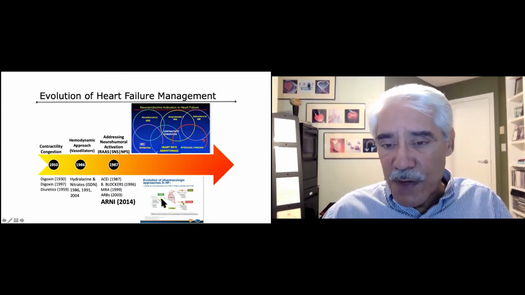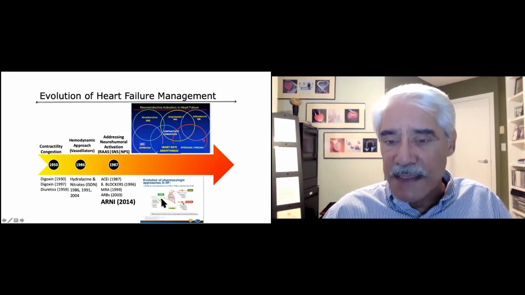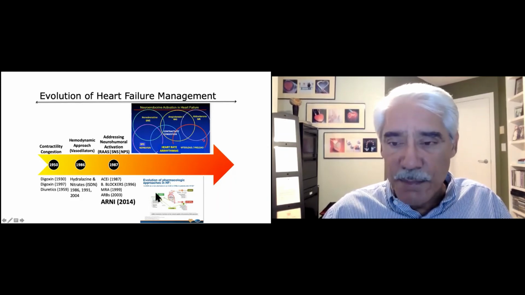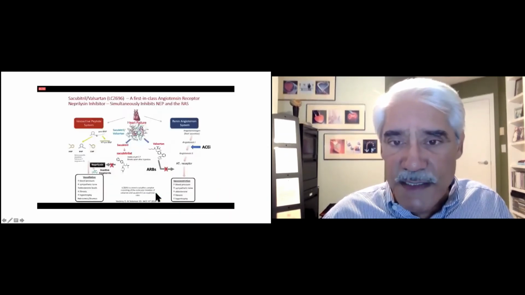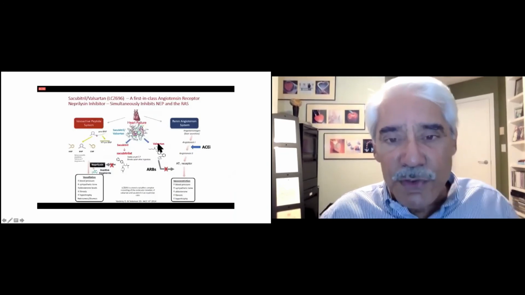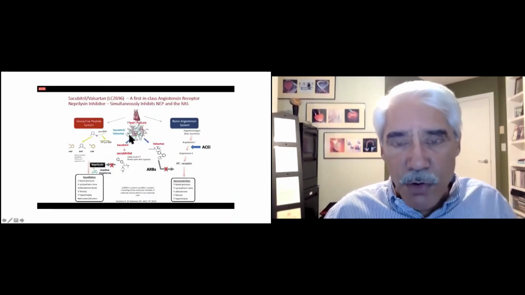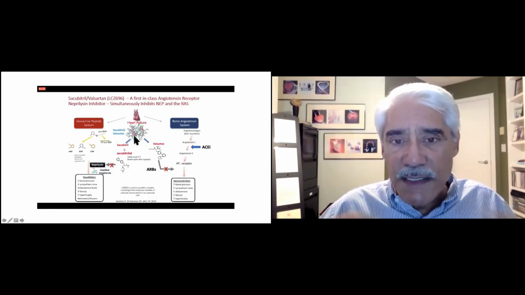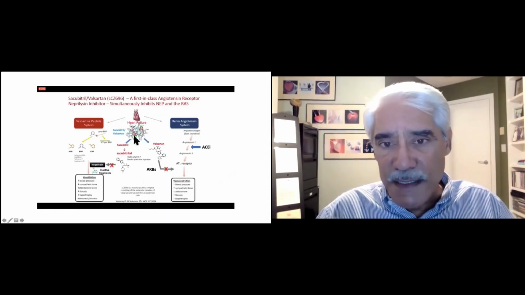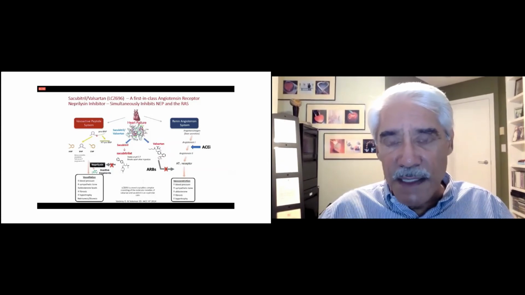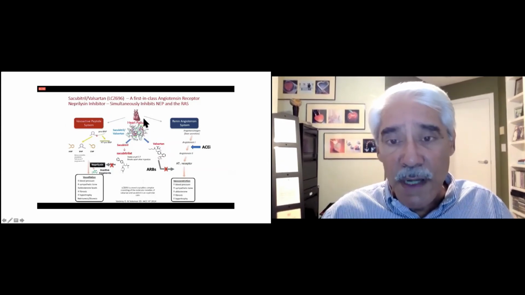And you have excess neprilysin, which breaks down the natriuretic peptides. And if you can inhibit the neprilysin, then you will have the benefits of the natriuretic atrial peptides. So we wanted to test this in a randomized trial. So the drug is called sacubitril valsartan. It's a combination tablet which has sacubitril, which is a neprilysin inhibitor, and valsartan, an angiotensin receptor blocker, both in the